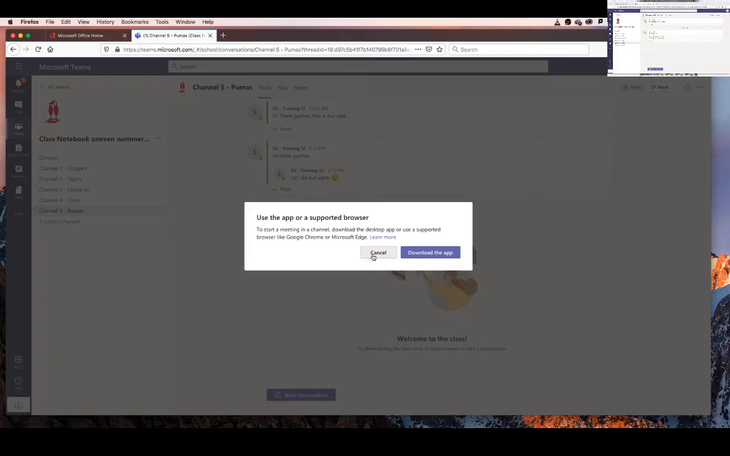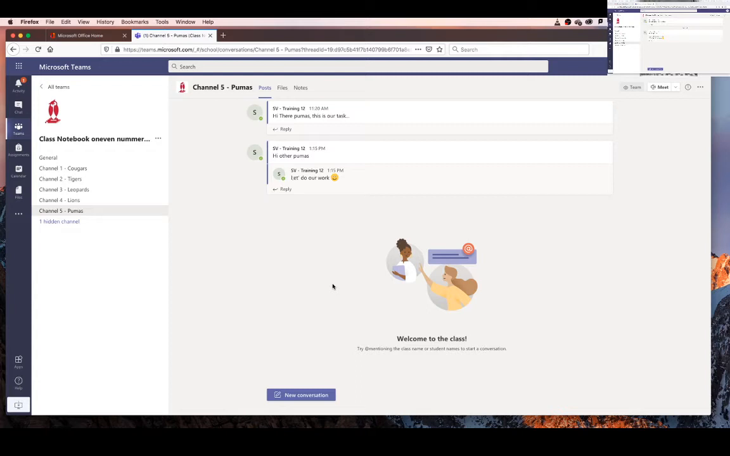Now, this would be able to work in the Teams app or in a supported browser. Because I'm a naughty person and I'm using Firefox, it's not working. So maybe that's one thing to consider, is that the meetings can only happen when students are working either in Google Chrome or when they're working in the app. If you want to use channels and you want students to be able to meet within these channels, then it's perfectly fine, it's reasonable. You can ask the students to make sure that they have the Teams app downloaded ahead